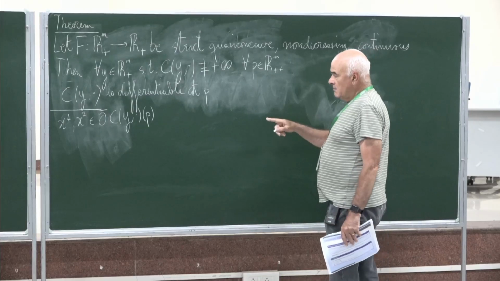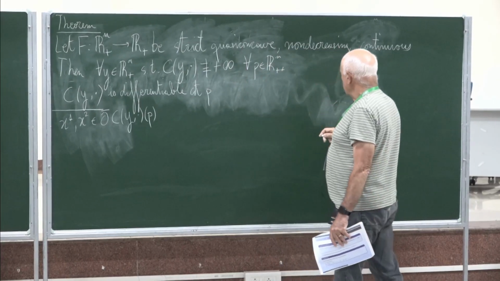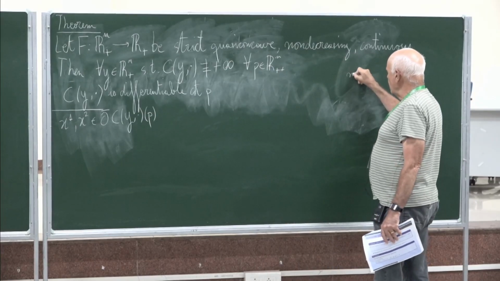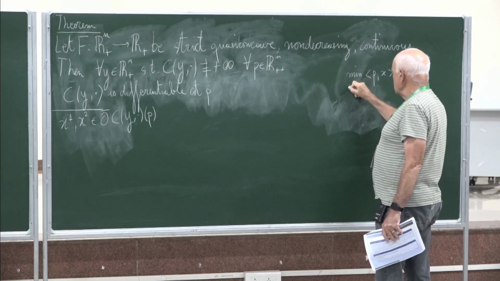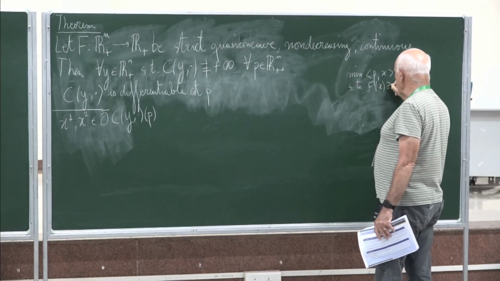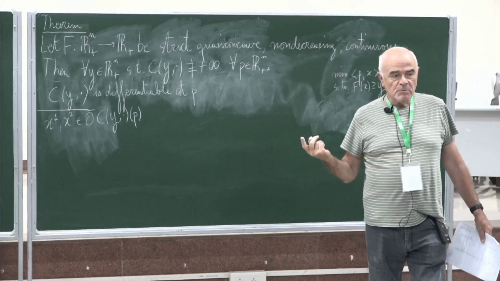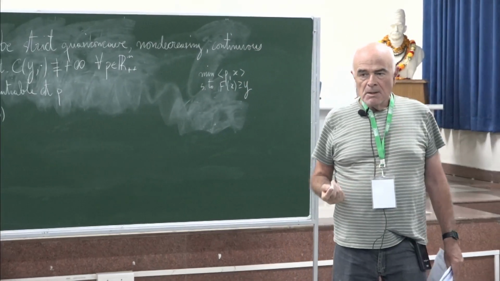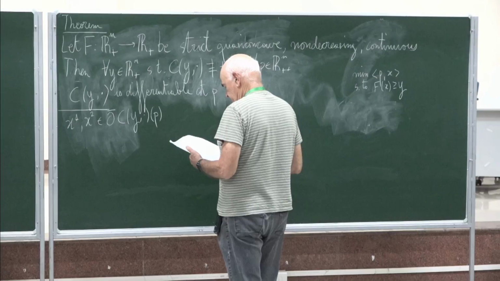So they are, because of the regularity of F, they are solutions to the optimization problem minimizing P of x subject to f of x greater than or equal to y. Both of them are feasible. They are not only feasible but optimal. So we have that